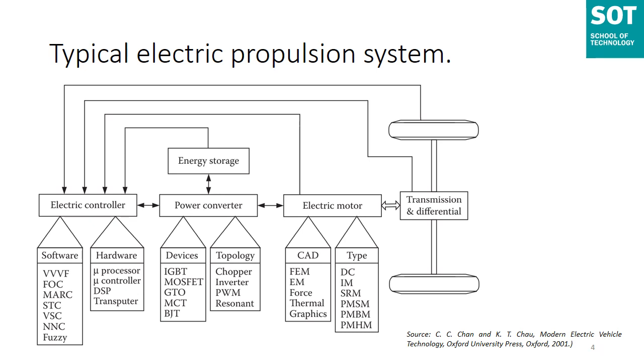Do mind this: compared to the industrial applications of electric motors, the electric motors used in EVs and HEVs usually require frequent starts and stops, high rates of acceleration, similarly high rates of deceleration, high torque low speed hill climbing, low torque high speed cruising, and a very wide speed range of operation. Hence, there will always be a difference between an industrial electric motor and an electric vehicle electric motor.